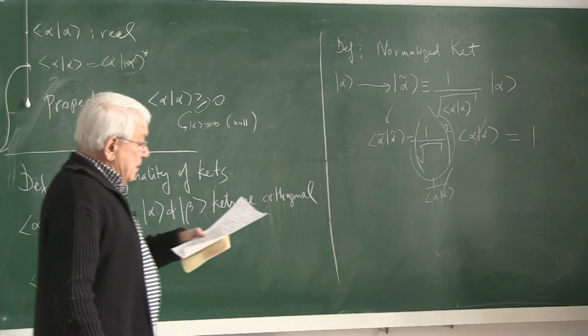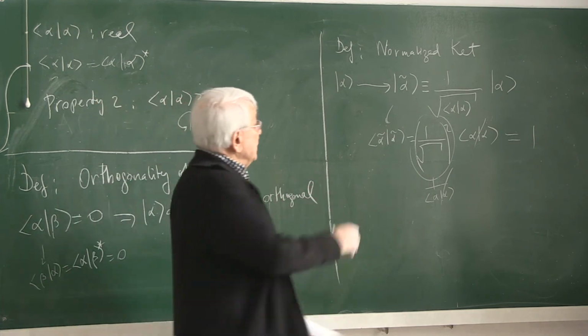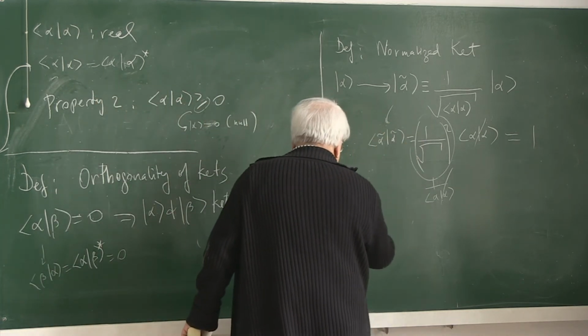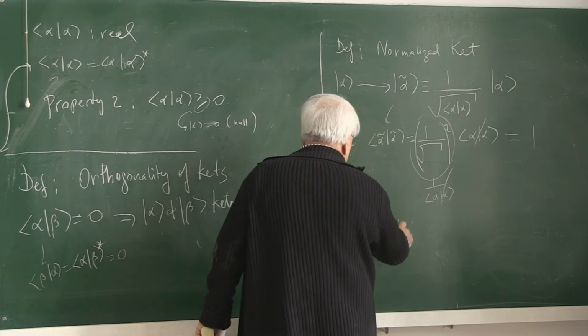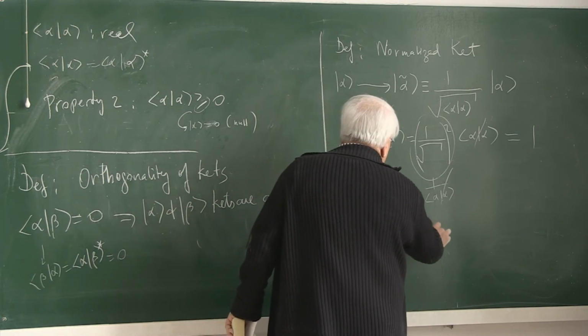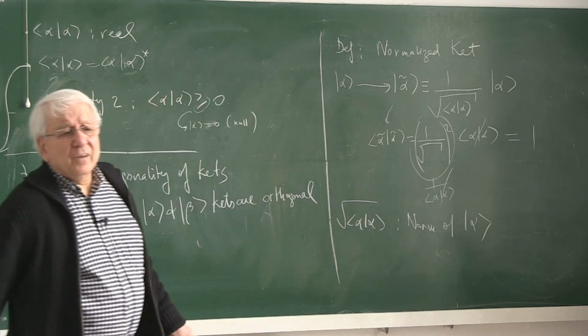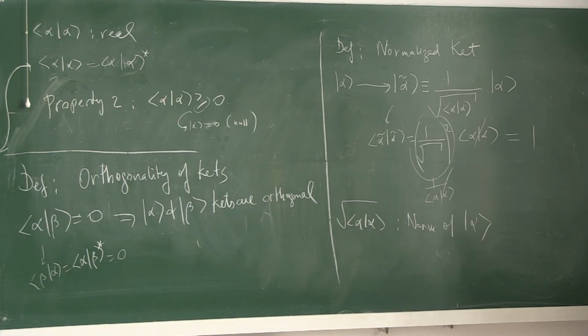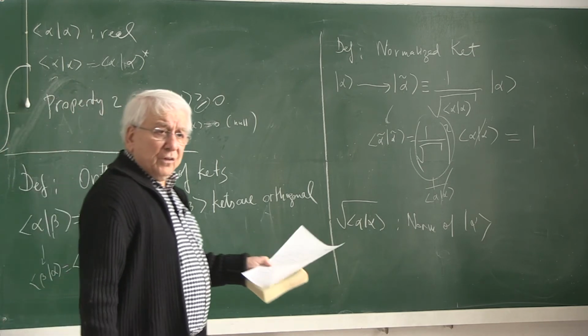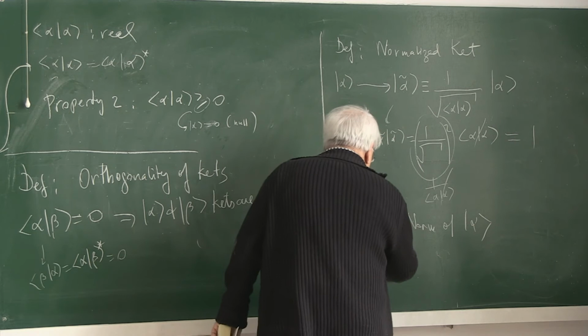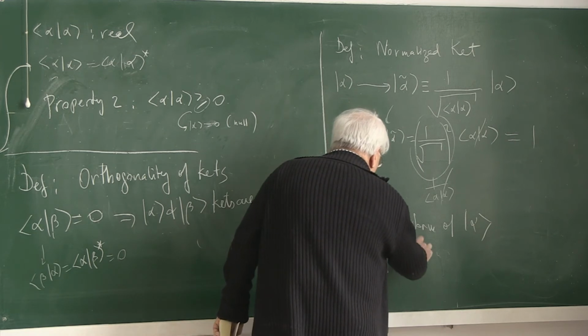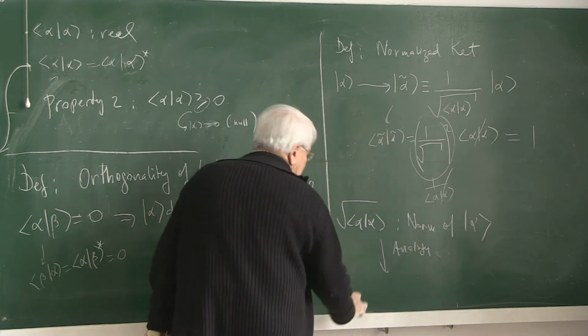So what is the name? This name then is the norm of alpha. Alpha is called the norm of the alpha vector. To get the norm, you take the inner product of it with itself and take the square root. It is the norm. What is the analogy with the ordinary three-space? Analogy is,